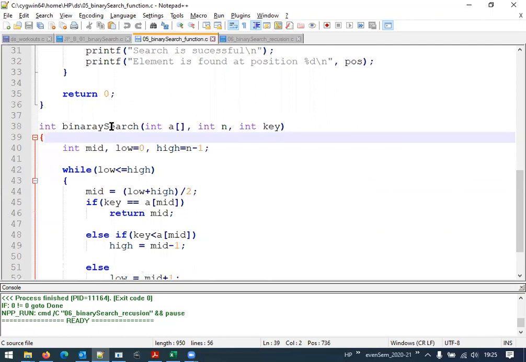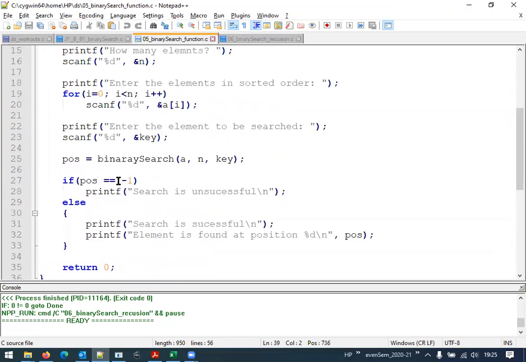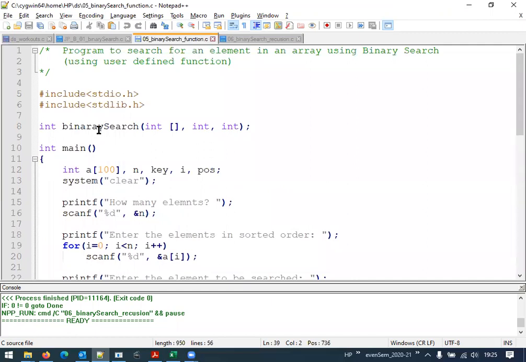Look here. Exactly the same thing, but only the placement of the code differs. I will give this particular program to you, and it's your responsibility to trace the program. It will be a good exercise for you.